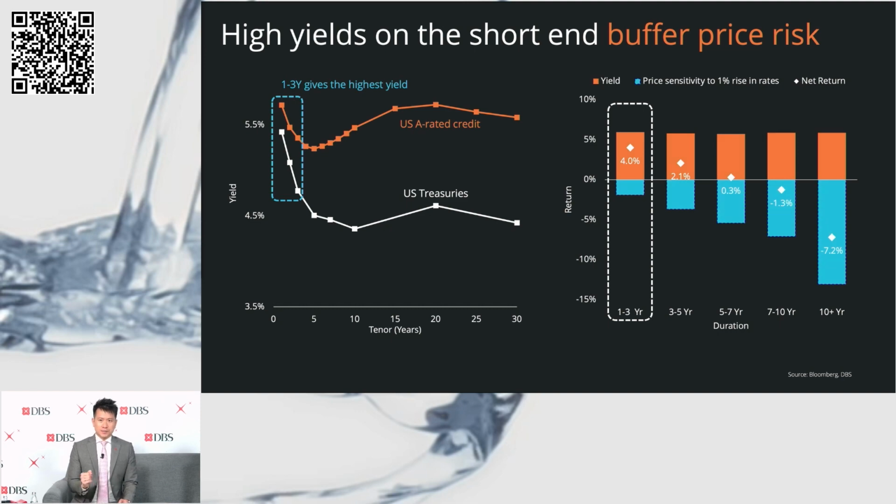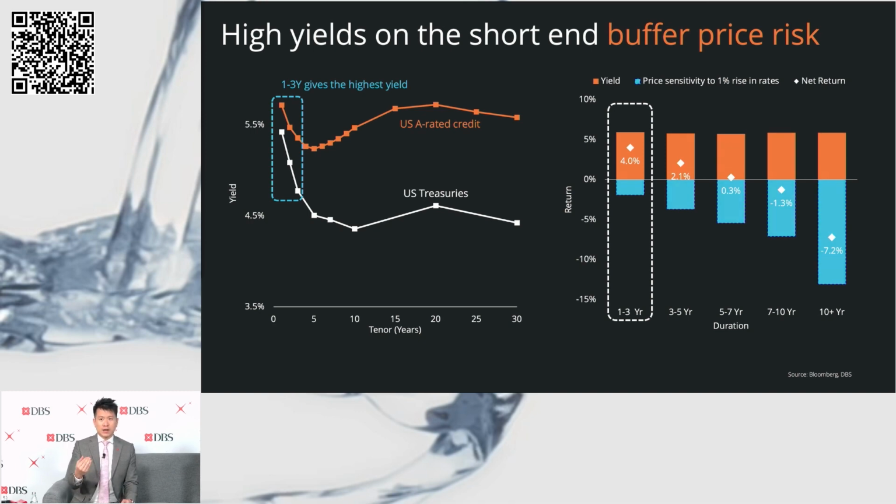The first reason is this. If you look at the chart on the left, you will notice that the interest rate curve is inverted, right? That means that the short end interest rates are comparable, if not higher than what you are receiving on the long end. So that means that you don't actually have to stretch out your duration or your tenor very far to get the same yield, right? Again, if you remember the chart before, because the longer tenor bonds are more sensitive to interest rate changes, you don't have to take that risk, right? And so short tenor bonds offer you very attractive yields today.